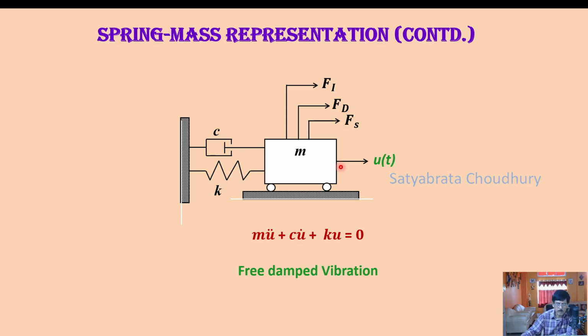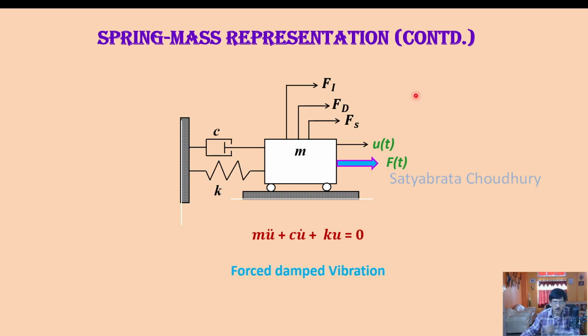So you have the displacement component u(t), this is the degree of freedom, and you have the mass of the system. You have the spring force Fs equal to K u(t), you have the damping force because damping C is there here, so Fd equal to C u dot t, and obviously the inertia force will be there, which is Fi equal to m u double dot t. We have not applied an external force here, so the right hand side is 0, so it is free damped